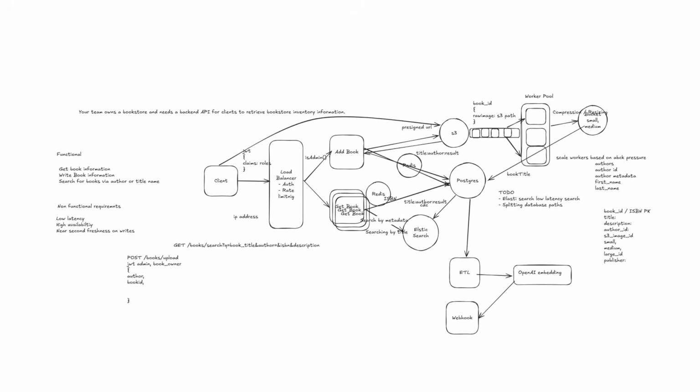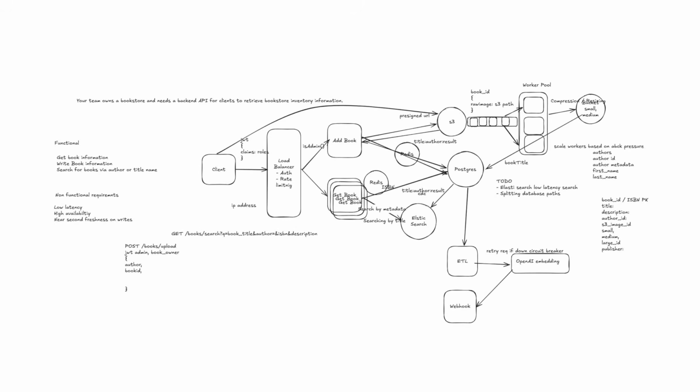There's a question of, what if OpenAI is down? We can have a circuit breaker or something like retrying requests, and we could do a circuit breaker that slowly opens and tests if they're back up. Since this is not real time, there's no need for a dead letter queue or anything like that, because we can just hold off on sending a request. So they send us back a webhook